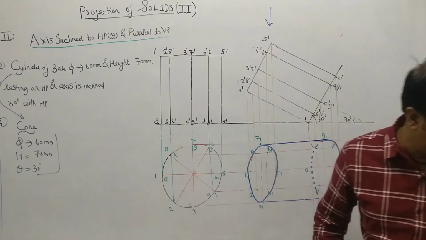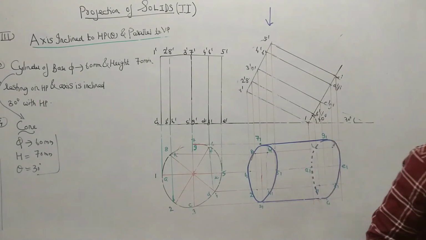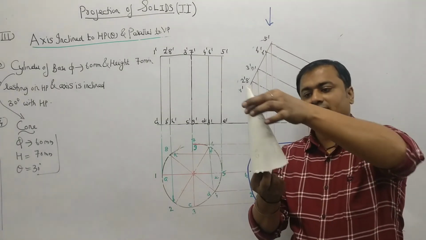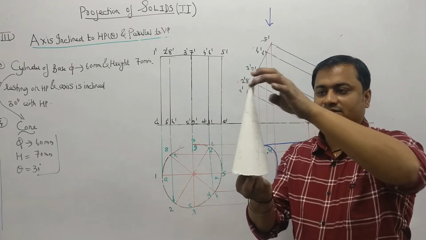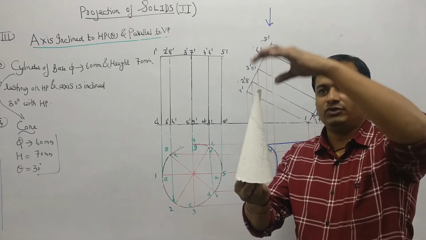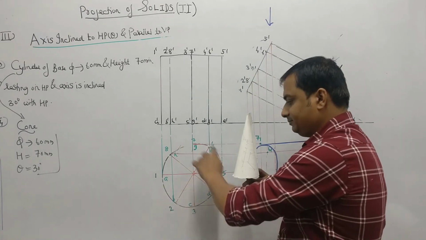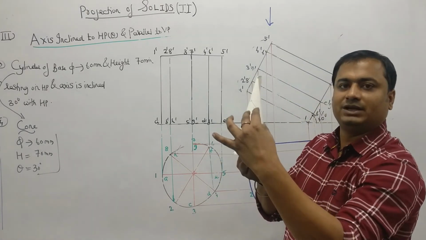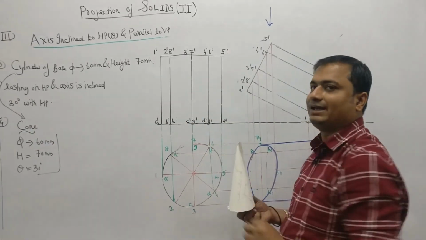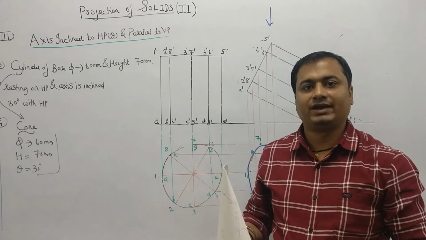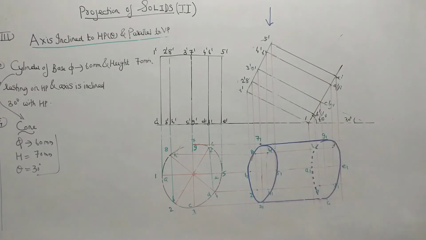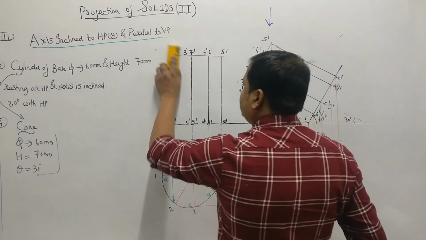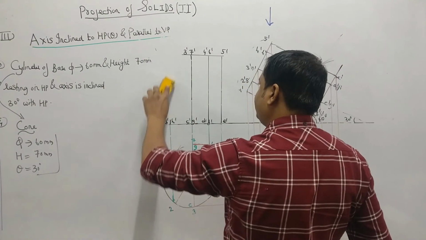Okay. So the change is the top view. This is the cone. If the cone is inclined like this, in the first stage when you assume it standing on its base like this, the top view will be a circle, and the front view will be a triangle. So this front view will not be a rectangle in case of a cone. That will be a triangle. And afterwards this triangle has to be turned. Okay, so I will be making it here only. So the front view will not be this. So I will be rubbing this part.